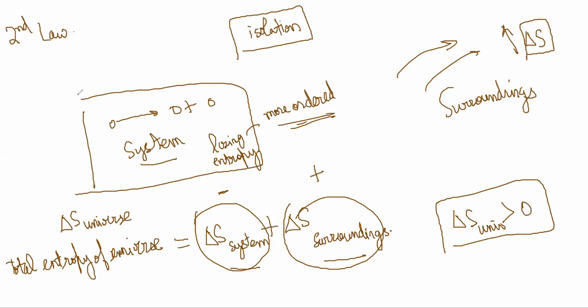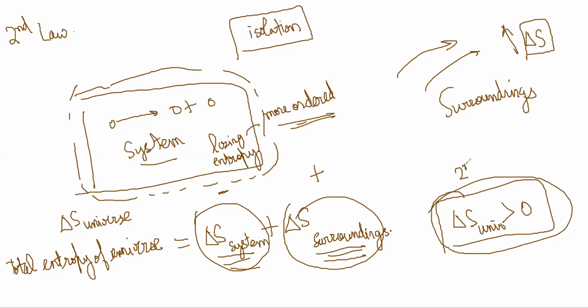If you isolate your system from the surroundings, then your entropy can also never decrease. So this could be negative and this could be greater positive. That is possible. The whole universe's entropy must increase, that is the second law. A good example for this is life.